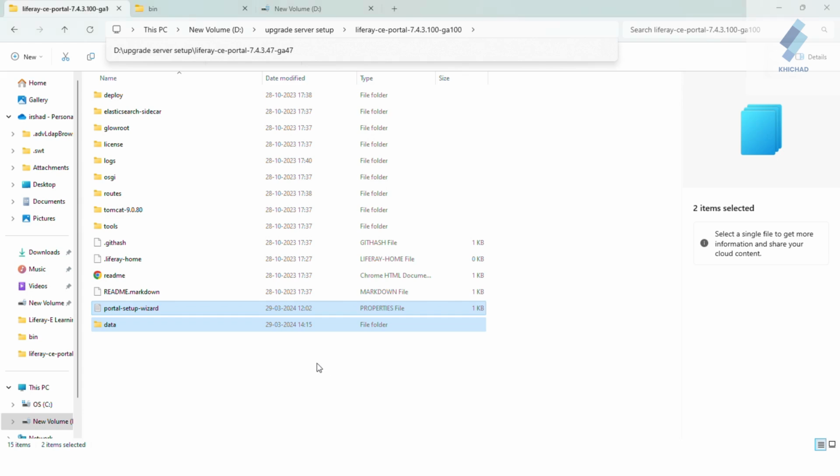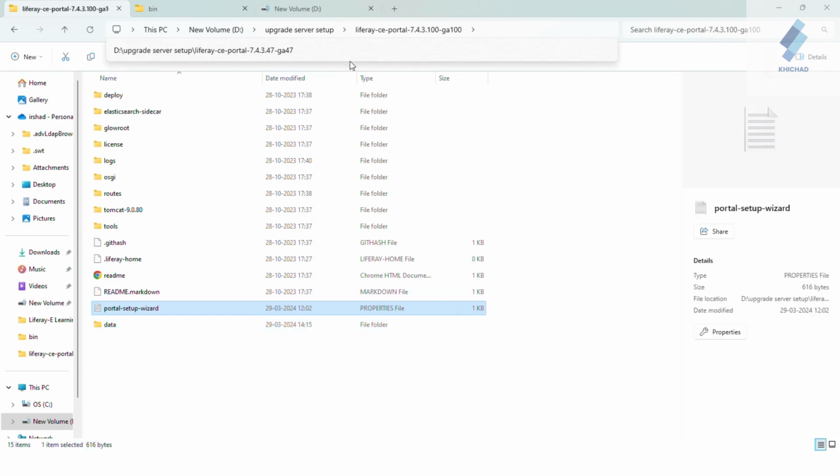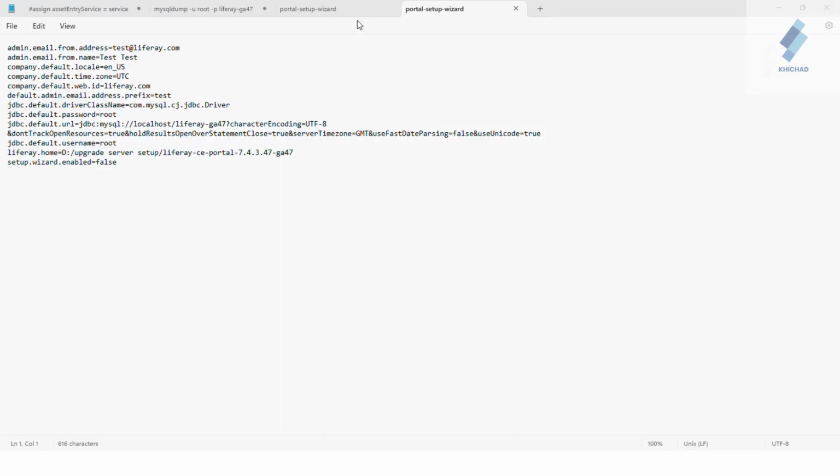After pasting, we need to open the portal setup wizard properties file. After opening, first we need to remove the Liferay home path URL from the portal setup wizard. Remove this, and we need to add a property for upgrading the Liferay server.